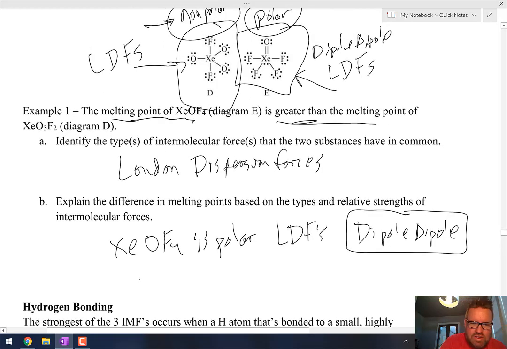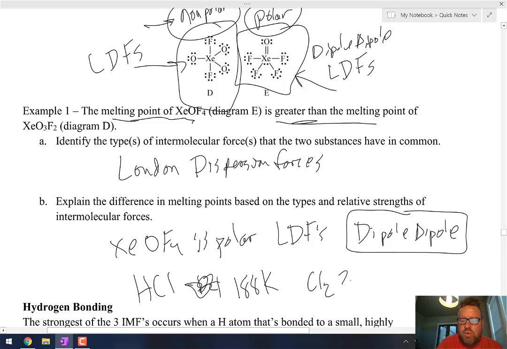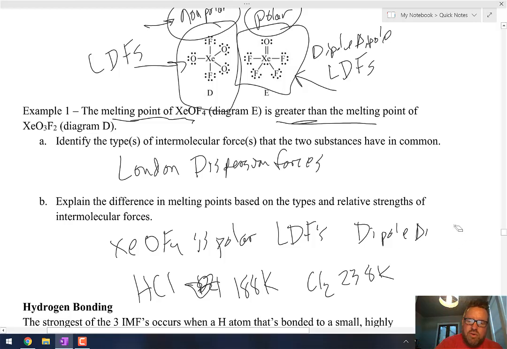Okay, for example, HCl has a boiling point of negative 121. Or sorry, that's incorrect. Let's go to Kelvin. HCl has a boiling point of 188 Kelvin. Cl2 has a boiling point of 238 Kelvin. Okay, we have to account for the difference in those boiling points based on the types of intermolecular forces that